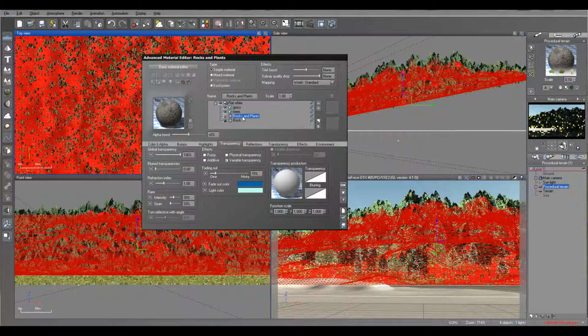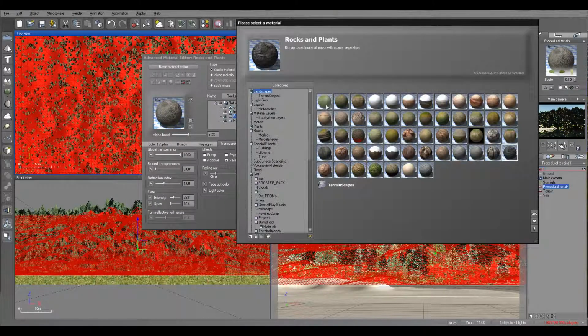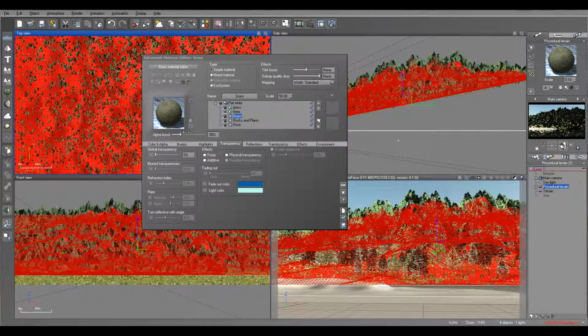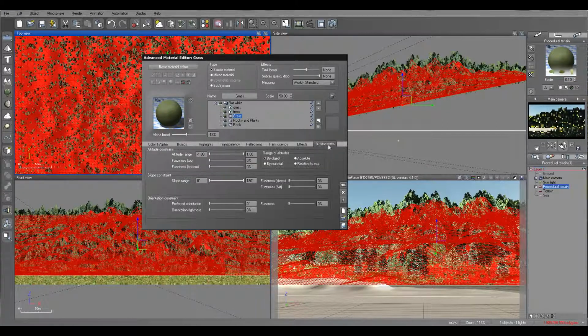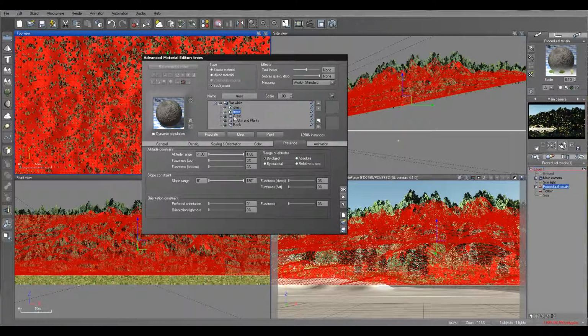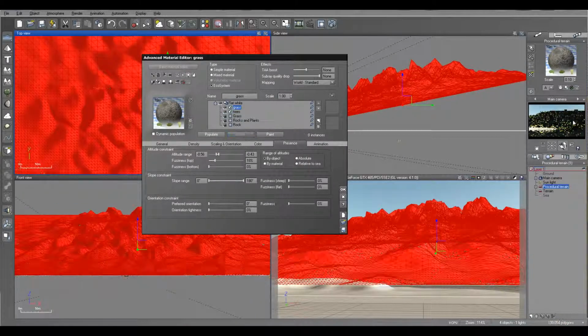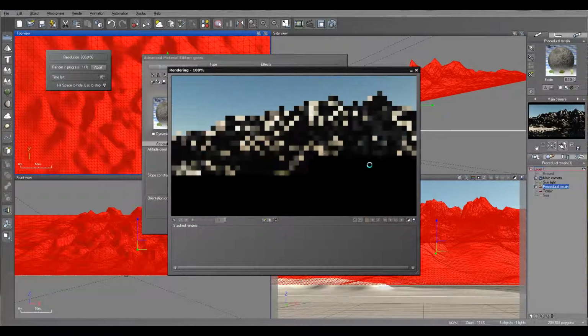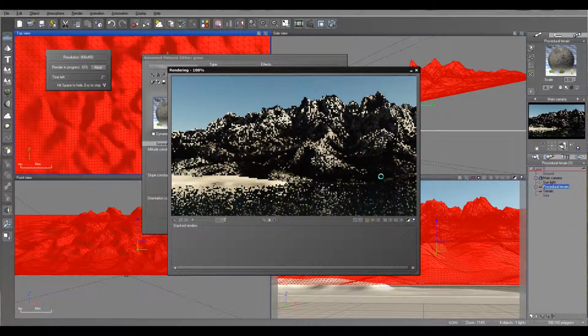Also, let's go ahead, click, we'll go add new layer, and I'll just add a grass layer to this. Okay, we'll pop up higher, and a grass layer I want to put on a lower area. And here as well, it will be going a little bit more on the flatter areas around that area. Okay, let's go to clear this ball so you can preview better where we have it, and just render. So right here we have the grass area,